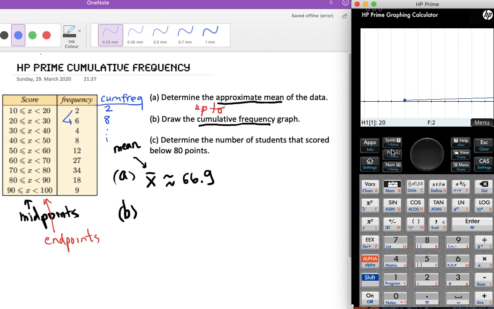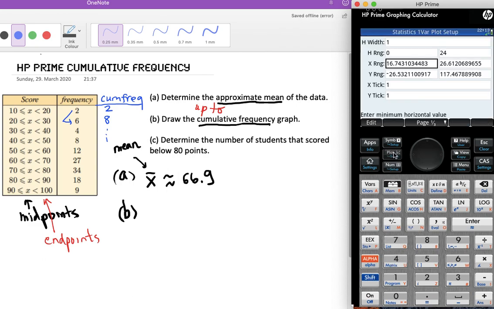So remember that you can adjust the window in the plot. So we're going to go to Shift, Plot, and now look at your X values. They're ranging from about 0 to 100. So I'm just going to go them from 0 to 120 just to give it a little bit of space. And then on the Y, we are starting at 0. And remember, our values get pretty big, right? We had 120 students overall. So I'm just going to make this 150 to give it a bit of space. And now when I hit,